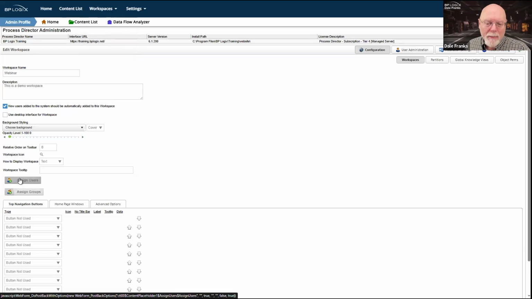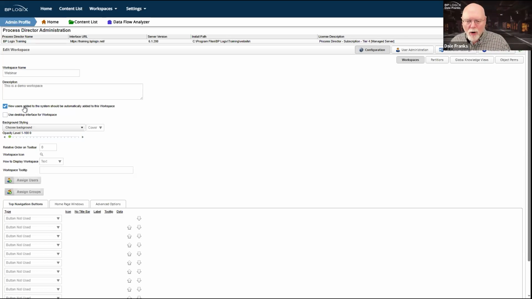User assignment. This is not specifically necessary if I have this property at the top that we checked. If I have that checked, it's specifically not necessary on a new system. Presumably on a new system, you are going to configure this, and I probably should have talked about this earlier,